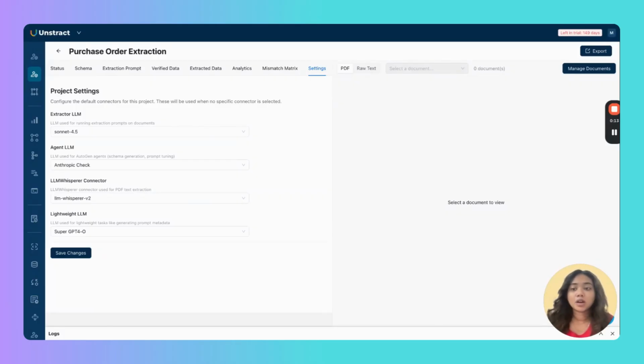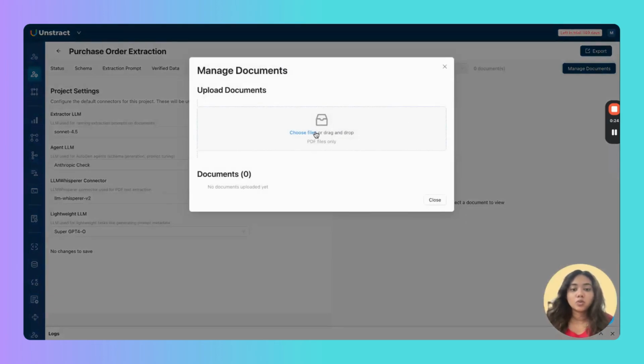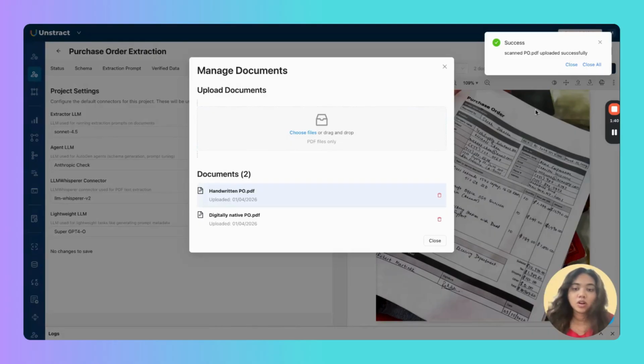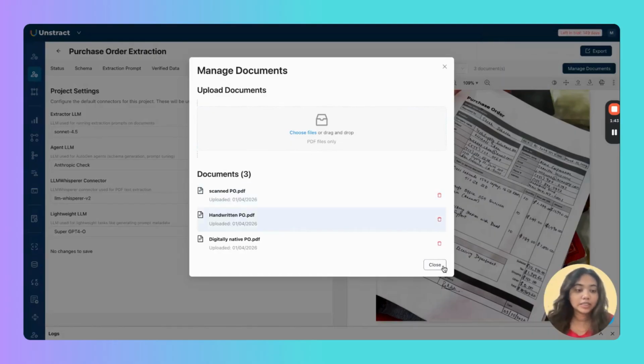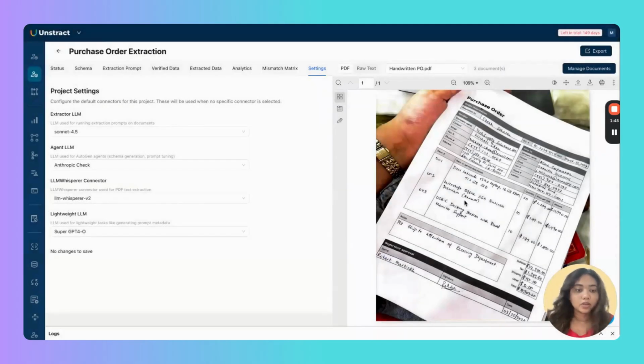And it also helps me account for factors like cost while I'm deciding what LLMs work on what operations. So once I've set this up, I can upload the purchase orders for this demo. I am going to be uploading three purchase orders today. All right, so over here I've uploaded the purchase orders and you can take a look at the documents over